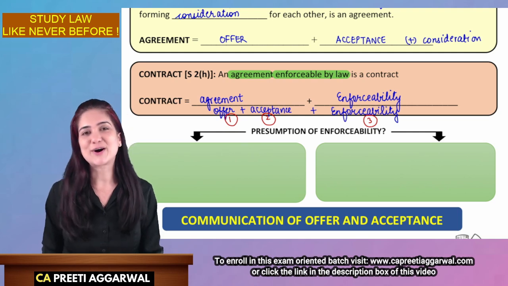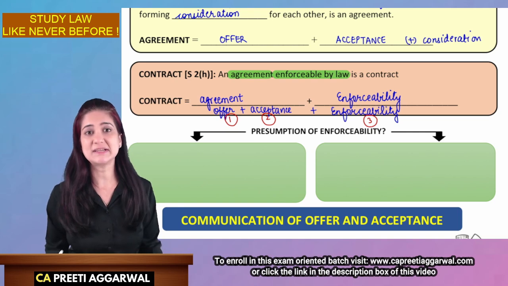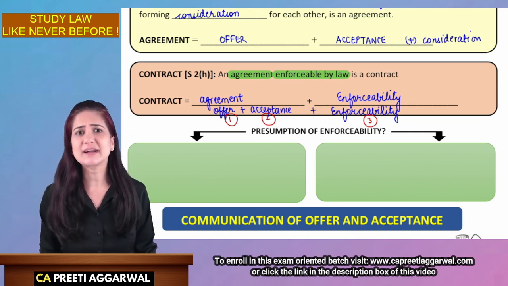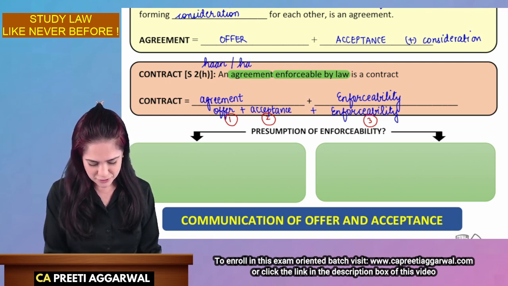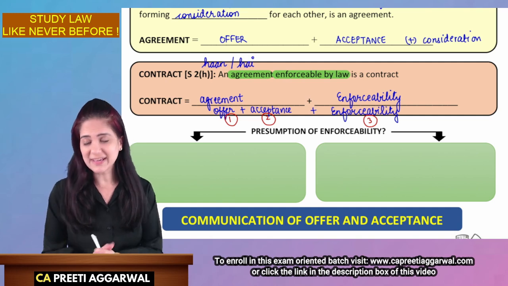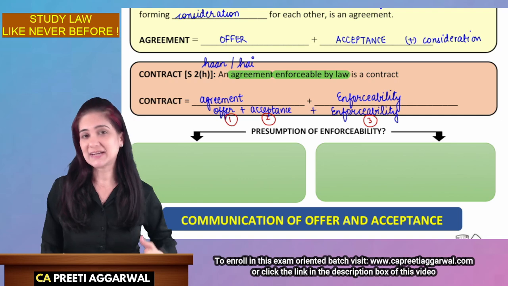हाँ, ये contract है. Okay? All essentials are present. हाँ, ये contract है. So, हाँ is H and ये contract है. Okay? All essentials are present. It is a valid contract. हाँ है. So, that is H.